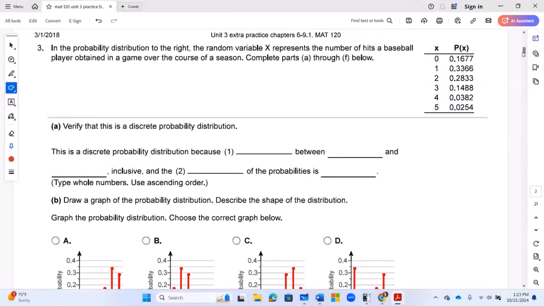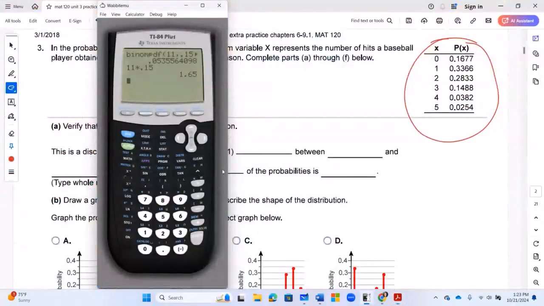Okay, so the first thing I want to do is you are given a probability distribution. You haven't verified that it's a probability distribution unless you add all the probabilities and make sure they are equal to 1. So the most important thing to do now is add all the probabilities and make sure that they're equal to 1. Take your time so you don't make any mistake. So I am going to add all the probabilities. So the first one is